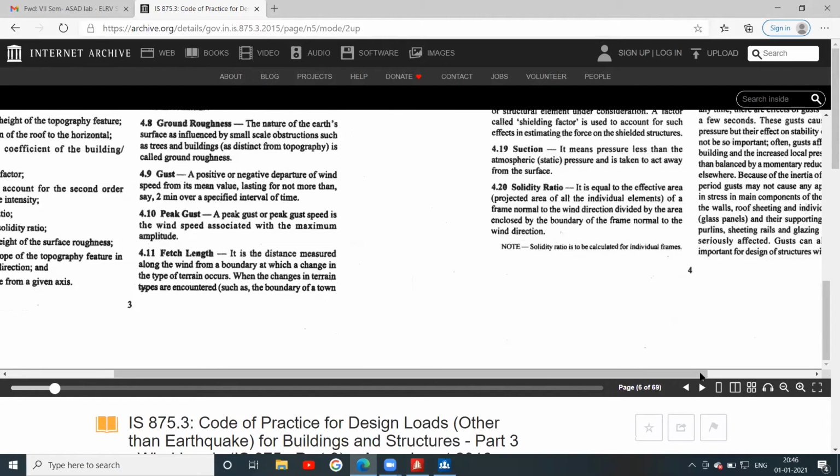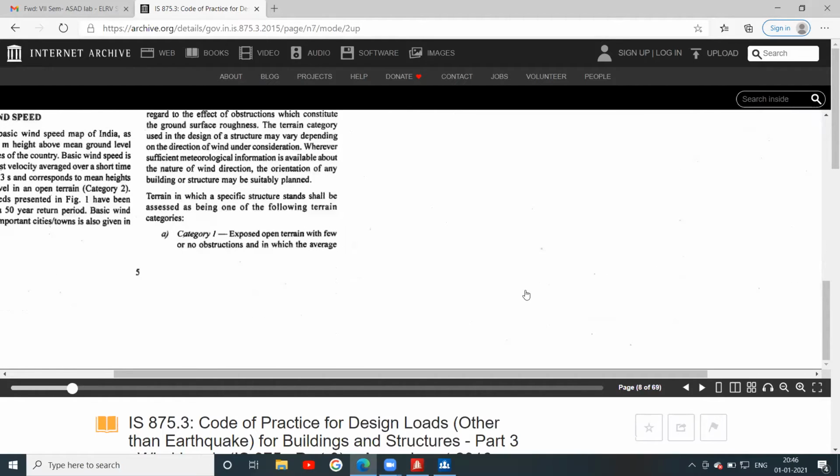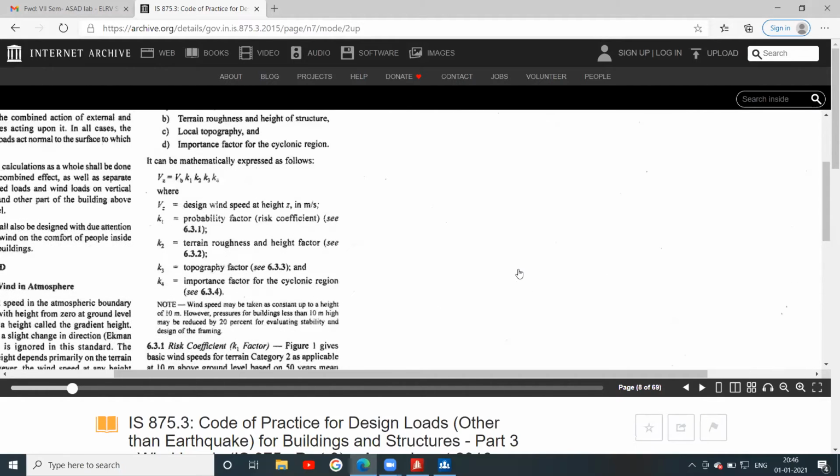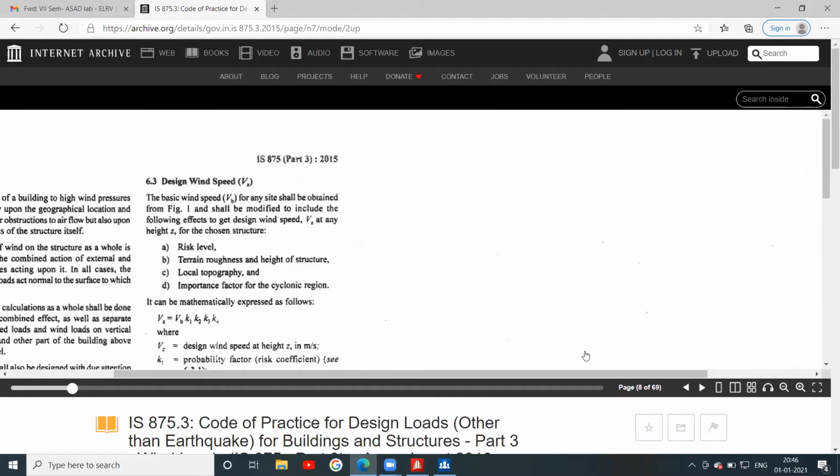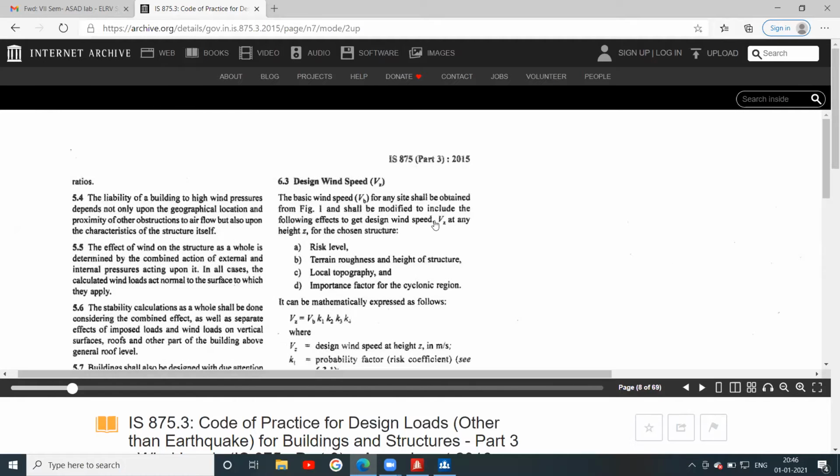On this page you have to study the code, how to calculate the design wind speed Vz.